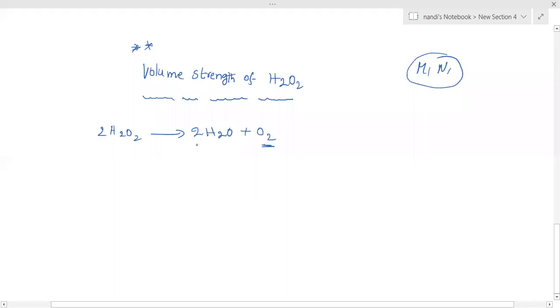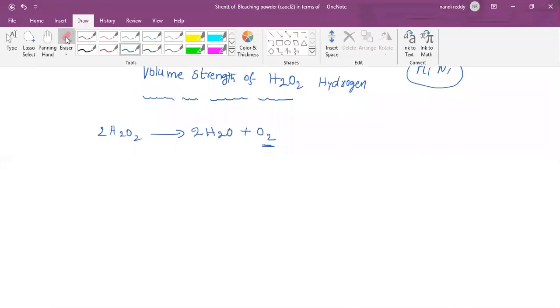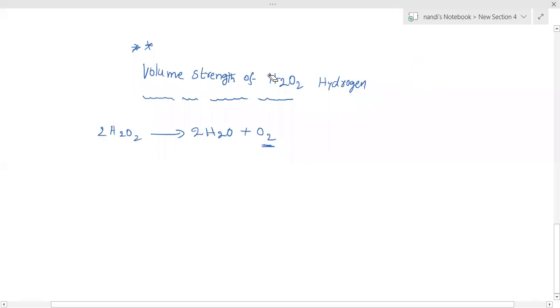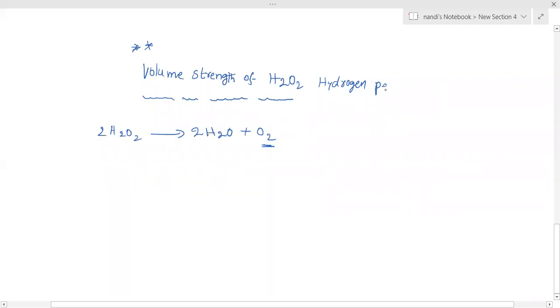If you have any doubt, you can go and search. If you are nearby any medical shop, ask for hydrogen peroxide. H2O2 means hydrogen peroxide. This is an oxidizing agent. They sometimes use it as mouthwash also. Those related to medical shops or doctors may have seen some people using it for mouthwash. Even if you don't have any idea, doesn't matter. Go to a medical shop and ask them to give hydrogen peroxide.